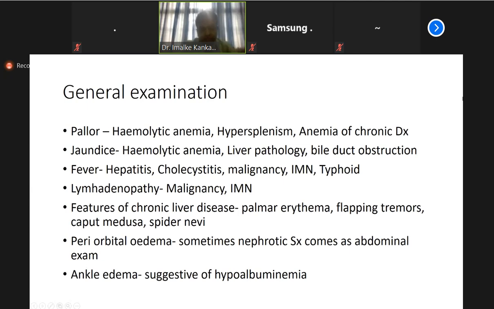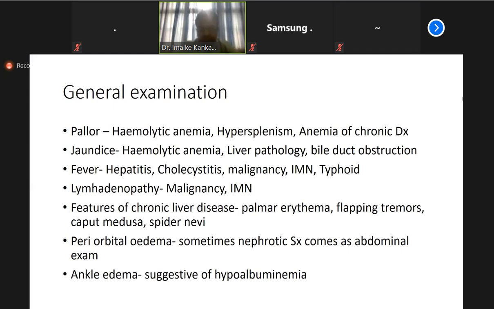Lymphadenopathy is a feature of malignancy and IMA, because malignancy might not come in your exam, but as a differential diagnosis, you should mention it. Features of chronic liver disease: palmar erythema, flapping tremors. These are a bit rare. And periorbital edema,